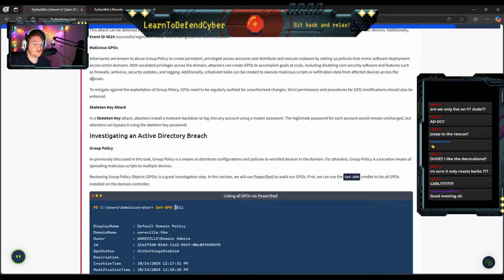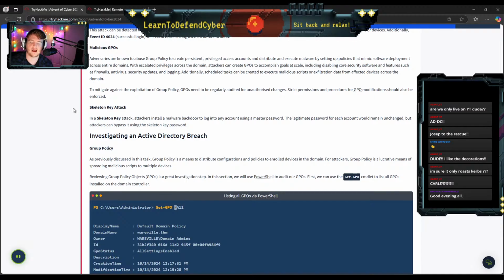Malicious GPOs. You can use GPOs for persistence. It is definitely a technique that happens because you can have GPOs install services and install software. It can be used for lateral movement. It can be used for services. It can be used for quite a few things. It's actually a pretty cool technique where, for instance, say, maybe this is a bit of a louder way to do it, but for simplicity's sake, we can talk about, say I have, I don't know, TeamViewer, some remote access